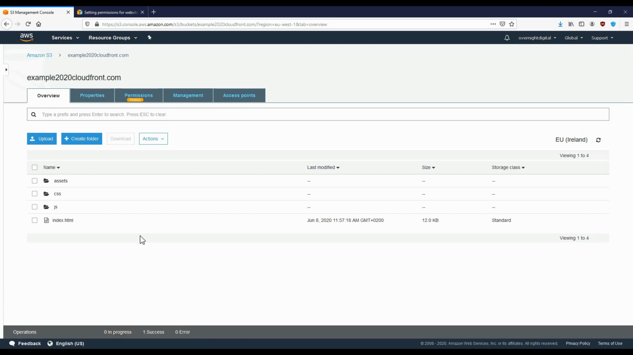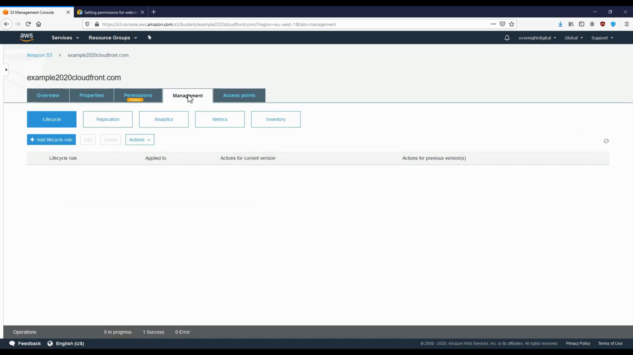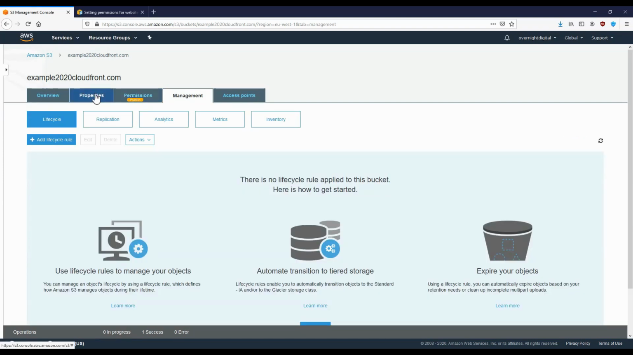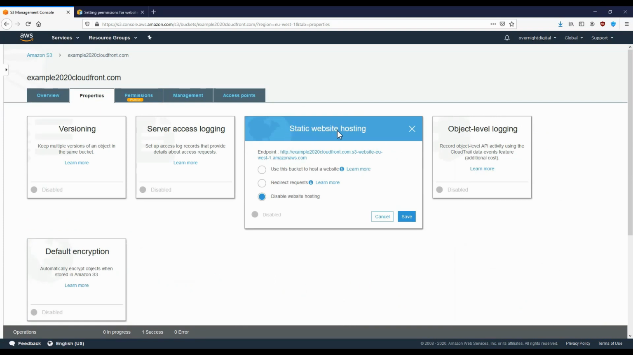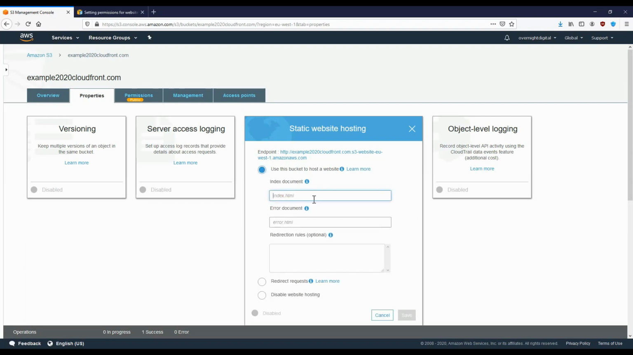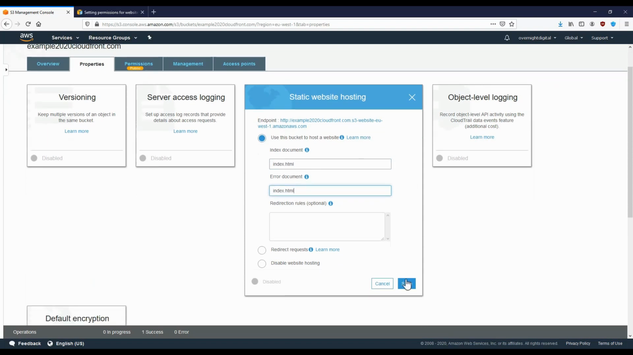There is just one thing we need to do in order for this to enable hosting. We need to go to properties and go to static web hosting. Click on static web hosting and choose the option use this bucket to host a website, and specify your index file, which is index.html. And you can also have an error HTML, but for the purpose of this tutorial, I'm just going to use the same index.html file. Now click save,